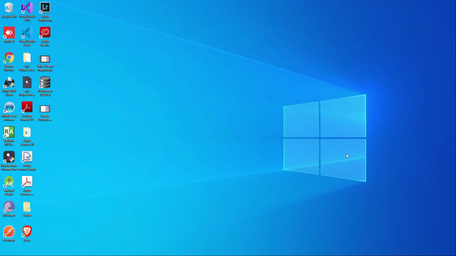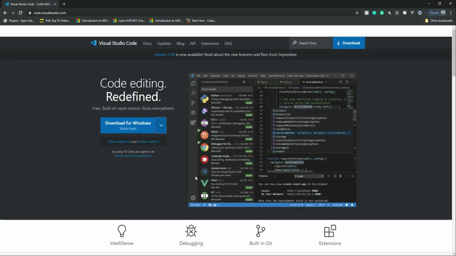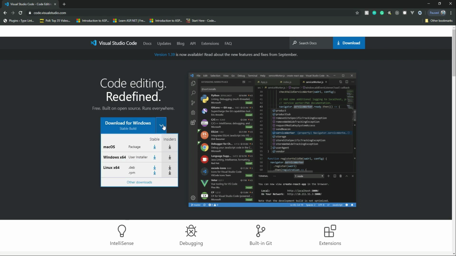So in order to start coding in JavaScript, you need one tool for now, and that tool is Visual Studio Code. You can go to code.visualstudio.com and download it for whatever operating system you have, for example Mac, Windows, or Linux. And once you have it downloaded,